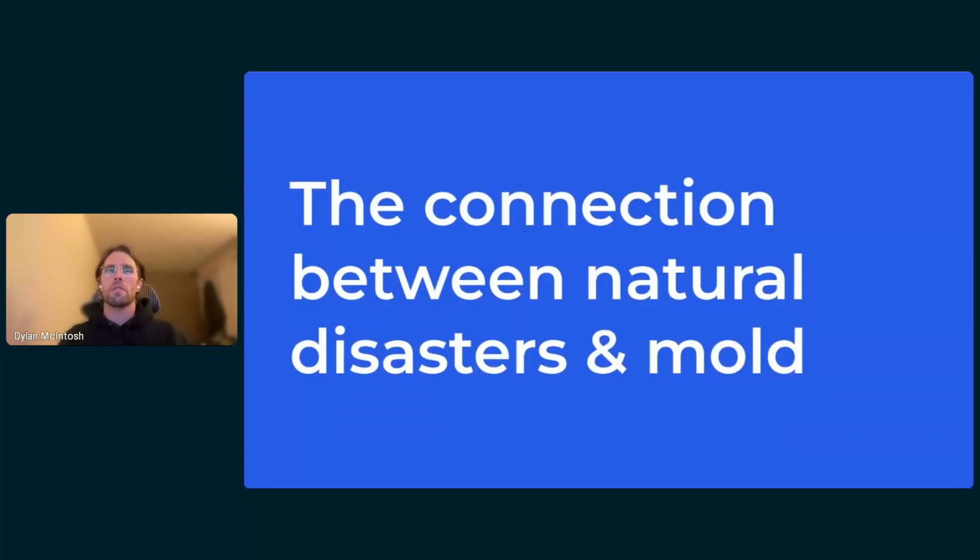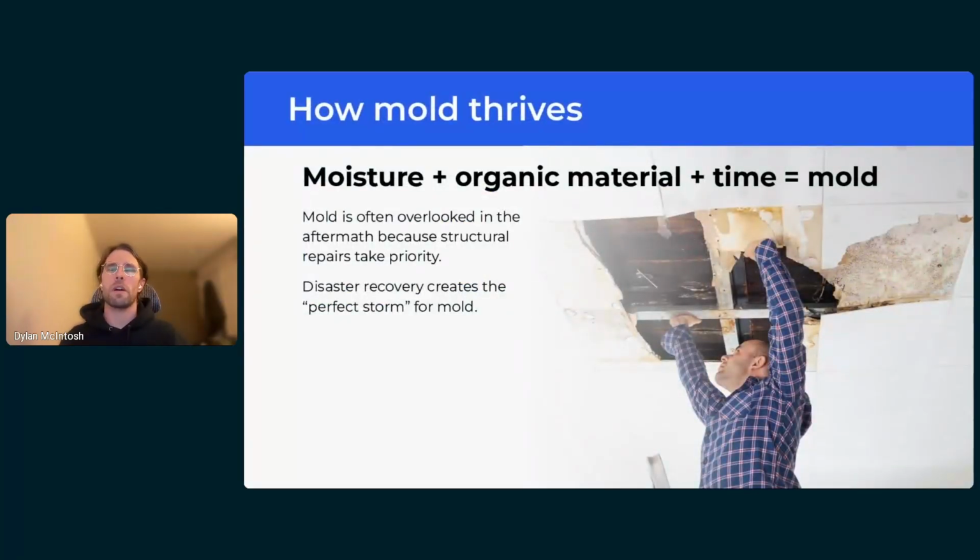So with that said, we'll jump right into the content for today. Connecting natural disasters to mold is what we'll start with. So, general information about mold. Mold requires just a few things to grow in the built environment, namely moisture, organic material as a food source, and some amount of time where both of those exist. There are some specific other things as well, but generally speaking, indoor environments, temperature, pH, things like that are all suitable for mold growth if moisture is introduced.